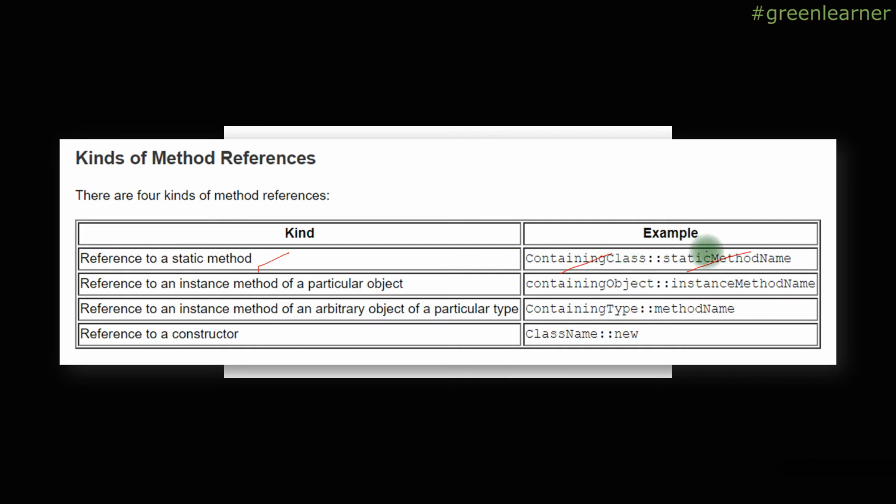Person was the class and compareBy was the method. Next is a reference to an instance method of a particular object, containing the object and the instance method name. So when you do not have a static method and you have an instance method, you can do that as well. And then a reference to an instance method of an arbitrary object of a particular type, containing the type and method name. This I also explained when I was doing System